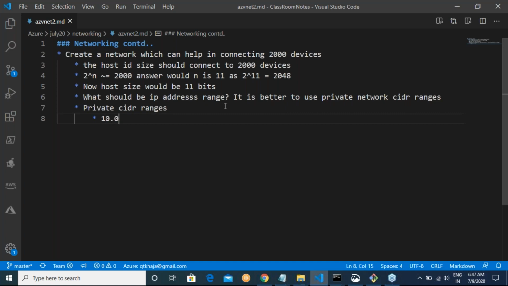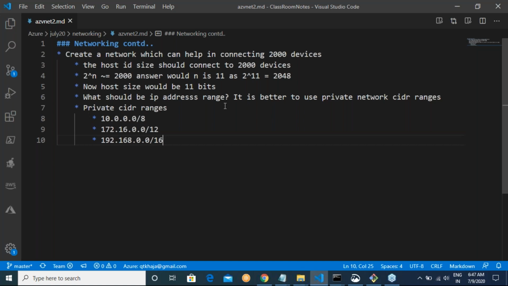The first one is 10.0.0.0/8. The other one is 172.16.0.0/12. The third one is 192.168.0.0/16. If you are connected to your laptop and find out your IP address, it would be 192.168.